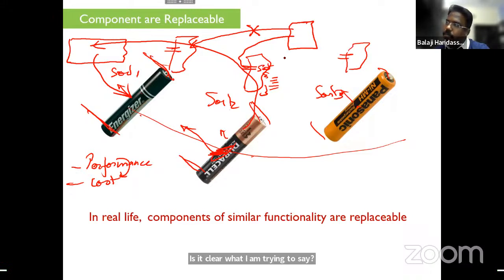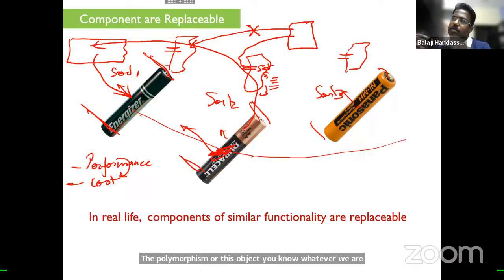Yes, sir, definitely. Yeah. So that's how we have to design. The software component should be easily disconnected and connected, not just during static time, but even while you are dynamically executing the code. That is the key point. The polymorphism, or this object, whatever we are discussing, can all happen in real time. Maybe in our clock, we are switching it off, removing the battery, adding it. But in software, everything is running in the code. I can dynamically disconnect a sort algorithm and add a new efficient sort algorithm, everything dynamically, right? So for that, our thinking should be all about the interface and not about the internal implementation of another object.